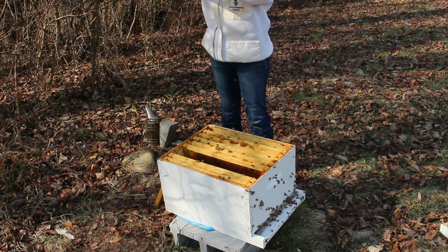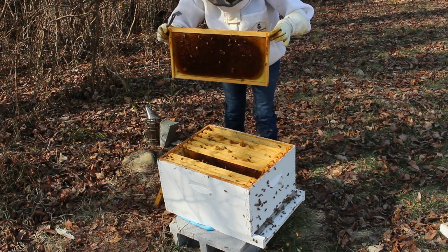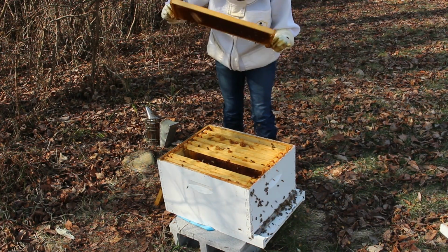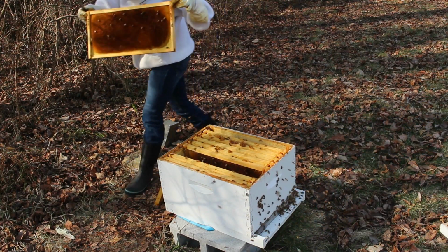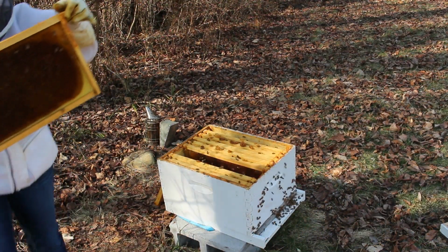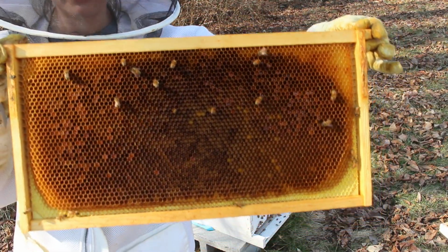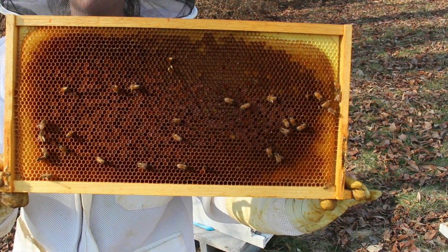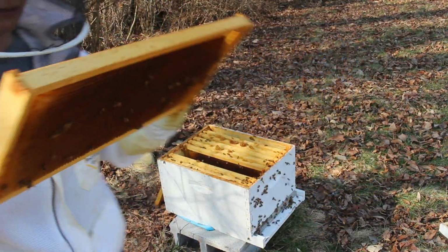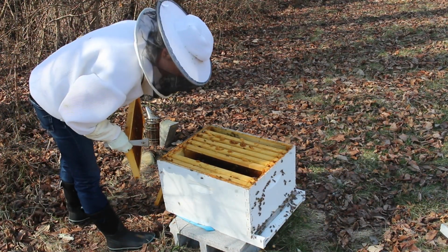Oh, we got another. This frame has some pollen in it. This frame has a little bit more. I'll bring that up and show you. I didn't show you the last one. I kind of got in a zone here. Tiny amount on this side. Still not enough pollen really with the amount of brood that they have up there. So there's pollen on this side, pollen on that side. Now I'm looking at the end on the bottom board, and